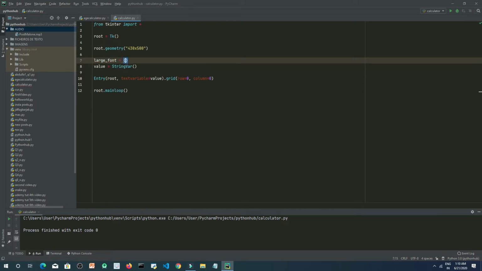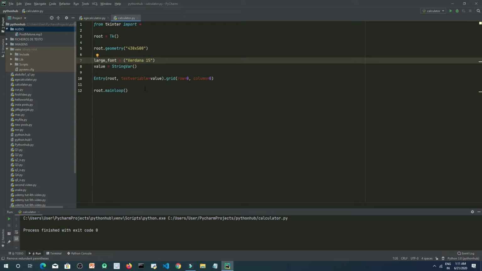Font is created using brackets, and inside the brackets we type first value is for the language, and second value is for the size of the font, and third value is for the bold or italic, anything you like. Okay, so we will give here Verdana as the language and size to be 15.